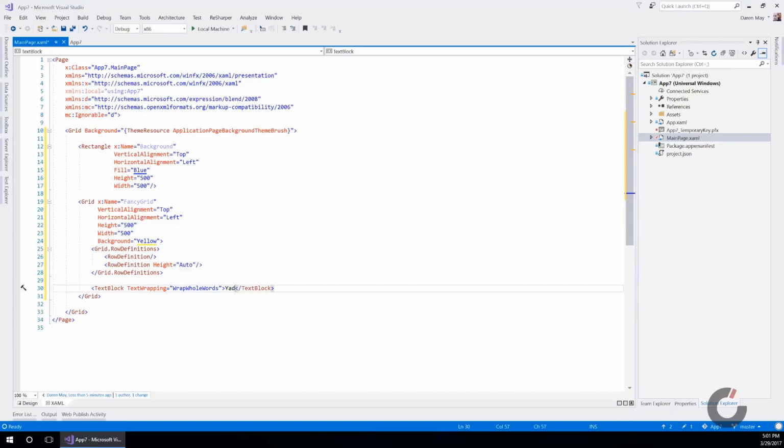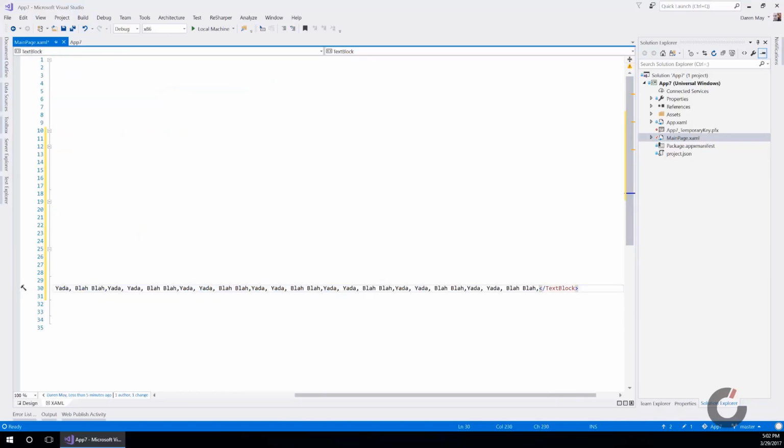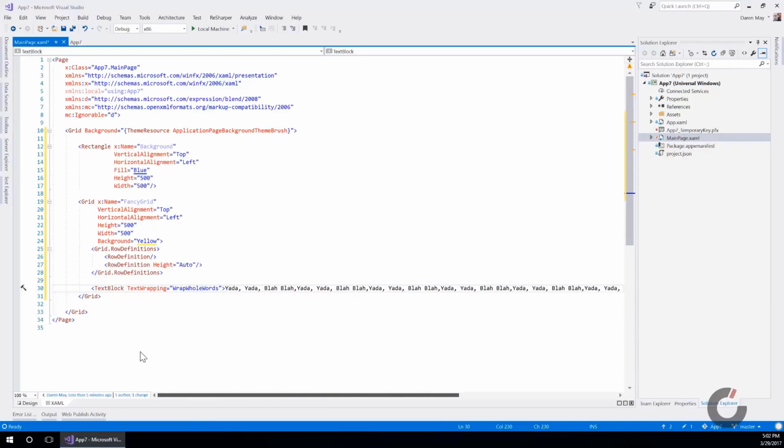and then we're just going to put some garbage in here. So let's just say yada yada, blah blah. So really useful stuff, and then we'll repeat this a few times just so we get some nice wrapping going on. Well, nice wrapping is a relative term. So we've got that content in here, and then let's come to the end,